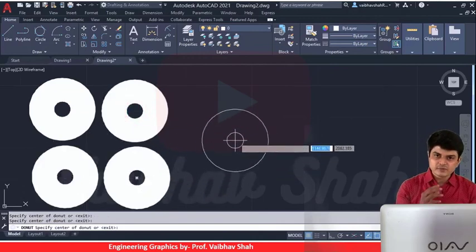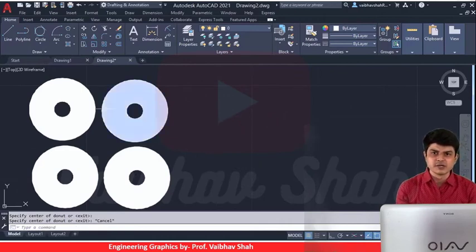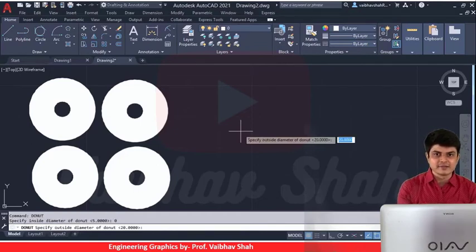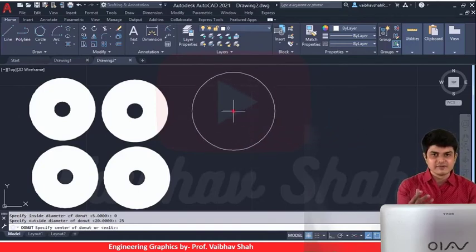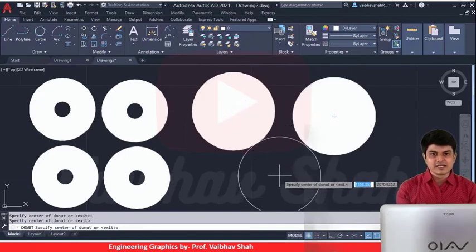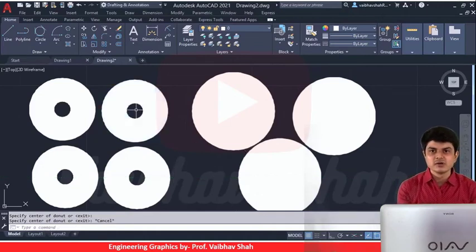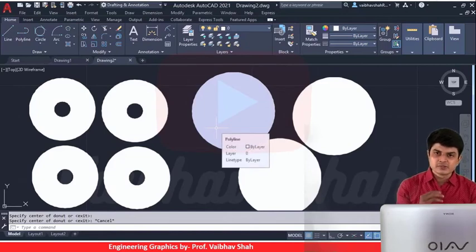Right? Very easy. Now let us suppose I want a complete solid donut without the internal hole. Then let us select the donut command once again. I can type donut on the screen, and I will be asked for the diameters. So I will place 0 as the inside diameter and the outside diameter as 25 or 20, you can place anything. I will take 25. You should left click and you will have this solid donut. So this is how you can have donuts in your AutoCAD drawing. In this, you are having a solid donut, right? So now let us move to our next command.